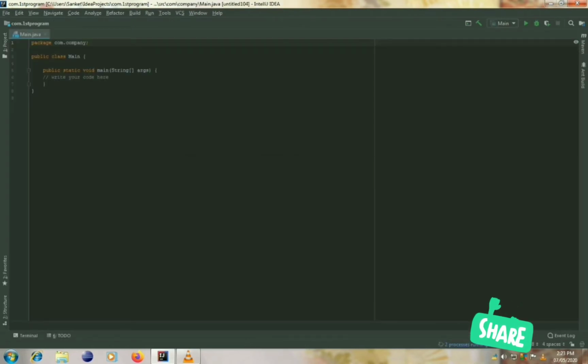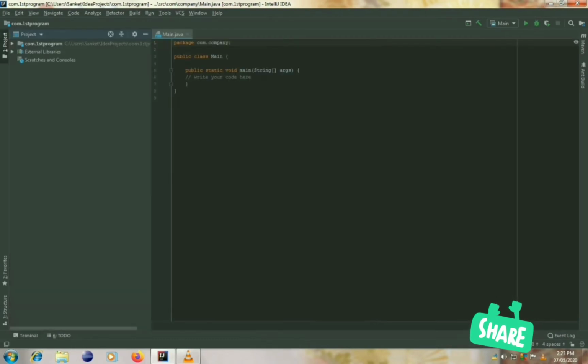Now, what you see here, think about this as a formula for a program. If we think about a real-time example, think of the package as a school and the class as a class in the school. So the package is an institute, the school, while the class is a subclass in this school. That means the classes in here are also subclasses of the package. So we need to write in the class what we wanted to print.